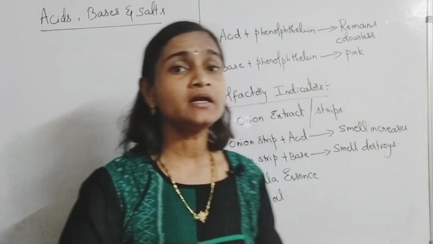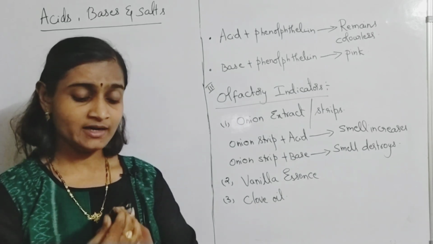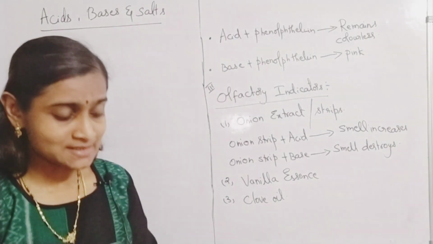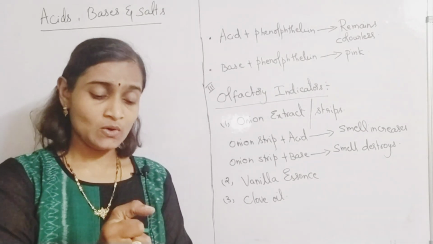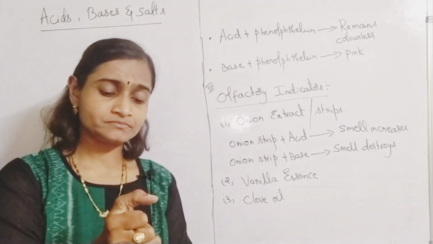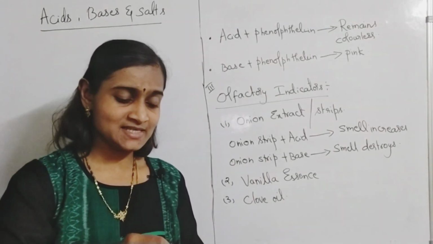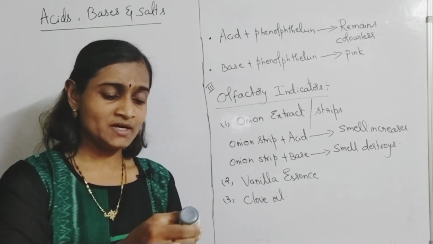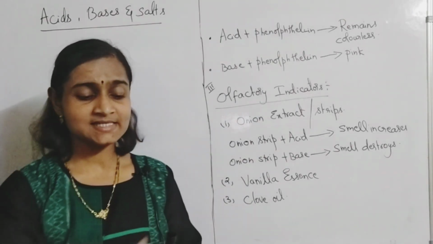What are the different chemical properties exhibited by acids and bases? You might have learnt about these chemical properties also in your lower classes. How do acids react with metals, and what kind of gas will be liberated? What happens if acids react with carbonate salts? What happens if acids react with bases? All these are the general chemical properties exhibited by acids and bases that we are going